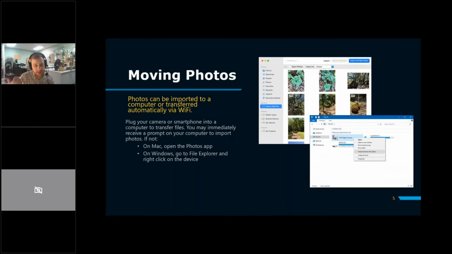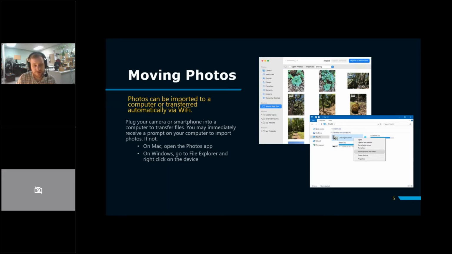On Windows, at least every time I've done it with any device, even with a USB stick, as soon as you plug it in, you'll get some options. And one of them is usually, do you want to import photos? And then you just say yes. And it'll take you through a little wizard. It's a step-by-step set of steps that will show up, and you just follow them. It'll say, oh, select the photos you want. Okay, next. Oh, where do you want to save them? Okay, here, and then next. And it should do pretty much automatically. If it doesn't,